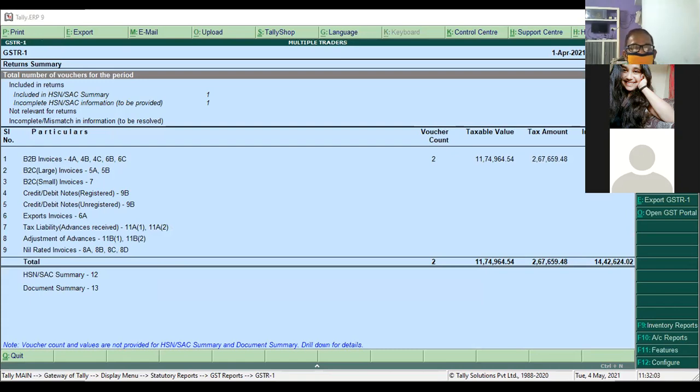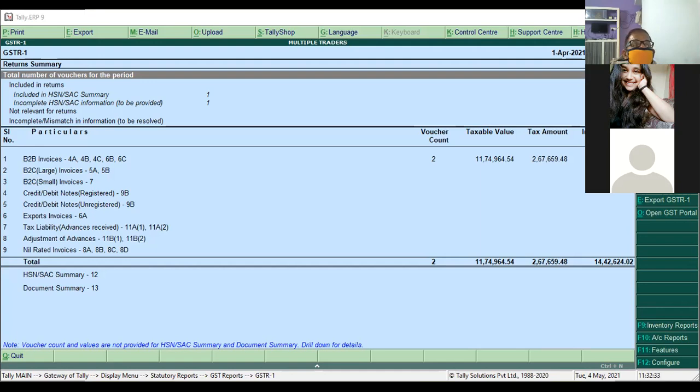Now next you have B2B, business to business. How much sales you have made. This is the total sales you have made for each product here. The taxable value or tax is not there. Taxable value means tax is excluded. Now B2C, business to customer, what is the sales made? Nothing is there, business to customer.